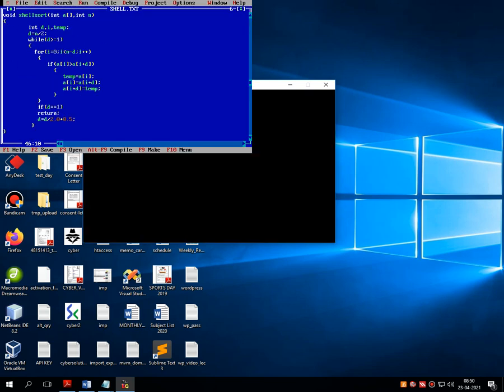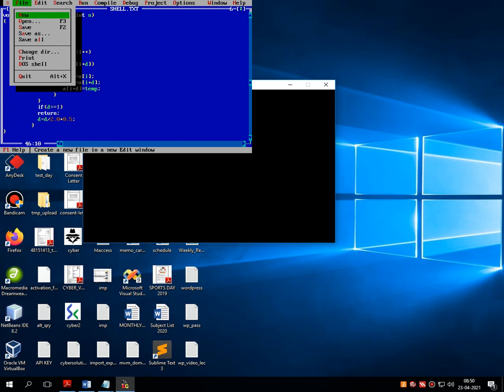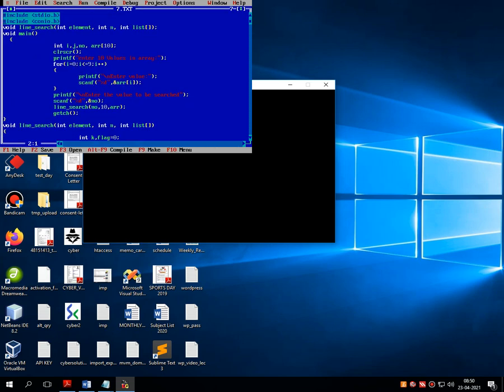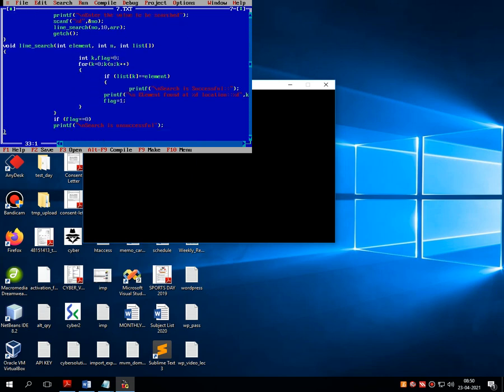So the program for the linear search is like this. Let me compile and check the program first.